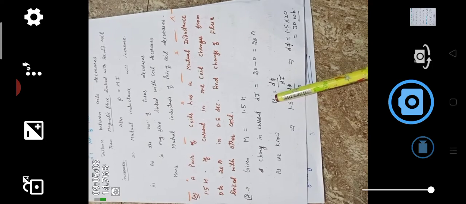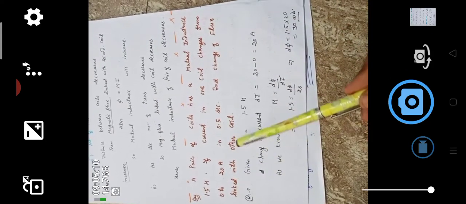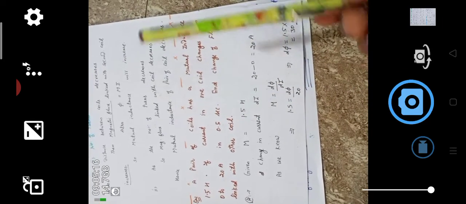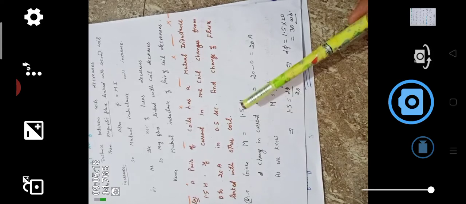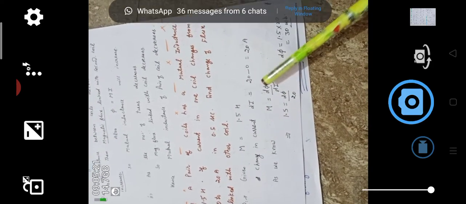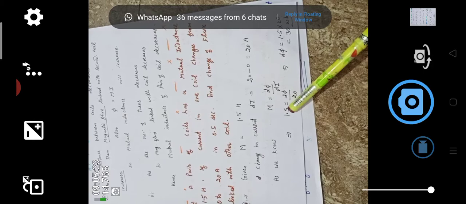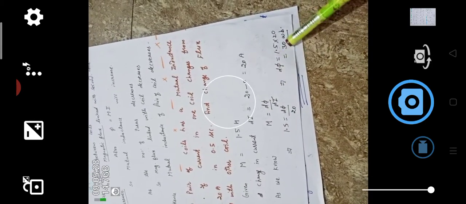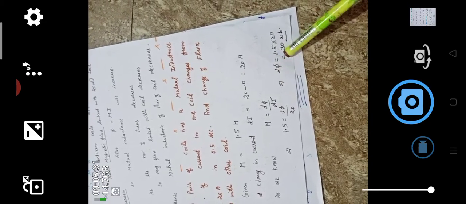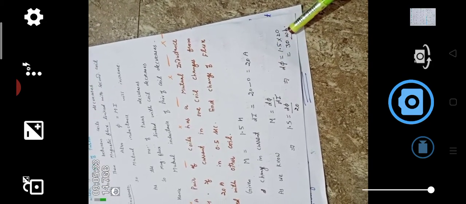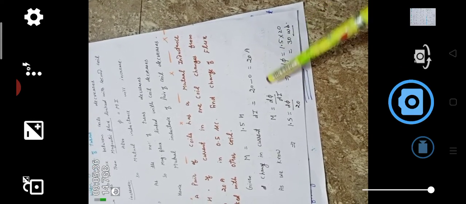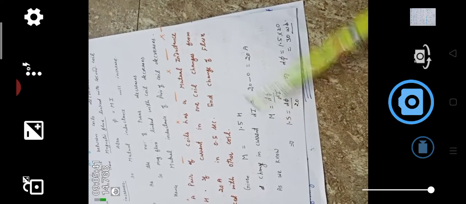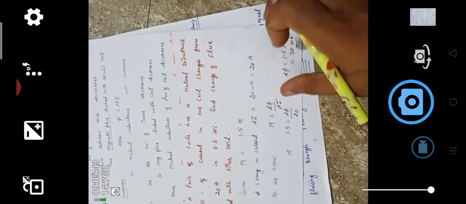As we know, what is M? Beta, find change of flux linked with other coil. One coil, other coil. Which question is this? Obviously it is of mutual induction M. So mutual inductance M equals d phi over di. M is given to you, di is given to you, cross multiply, you get the change in flux. d phi means change in flux. What is the unit of flux? Kunal Thakur, Weber. Weber is the unit of flux. Apply this formula. M is given, di is given, you can find change in flux. Very simple numerical it is.